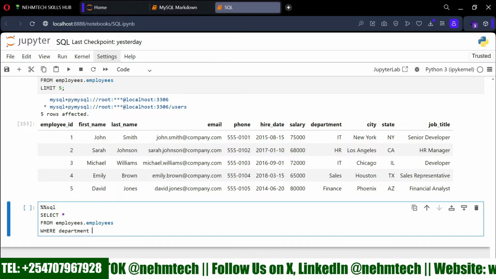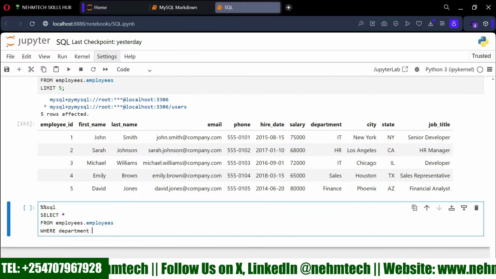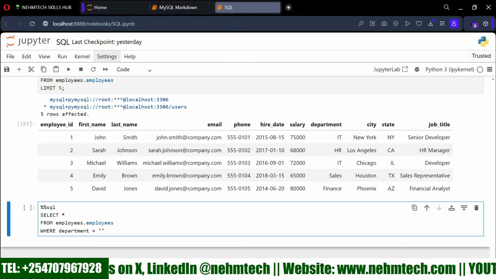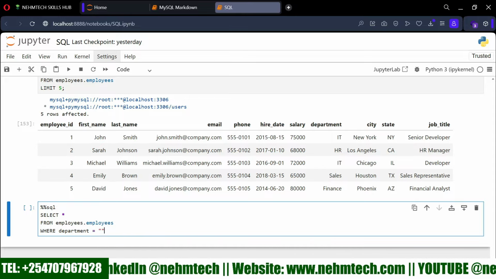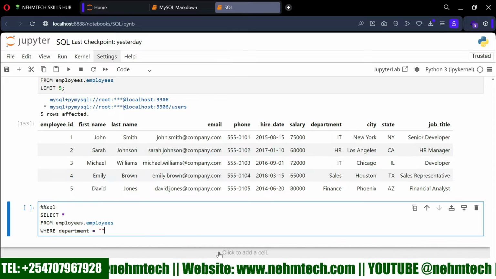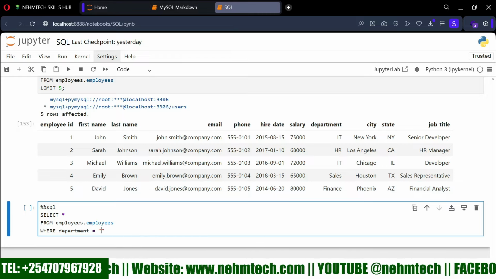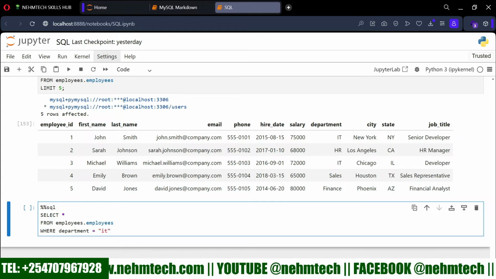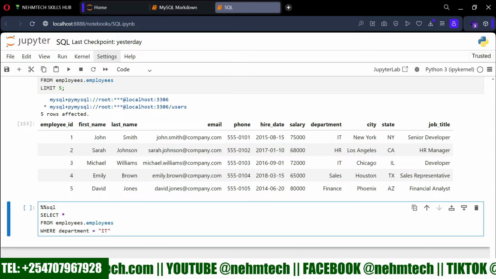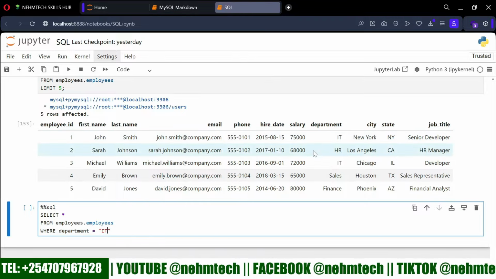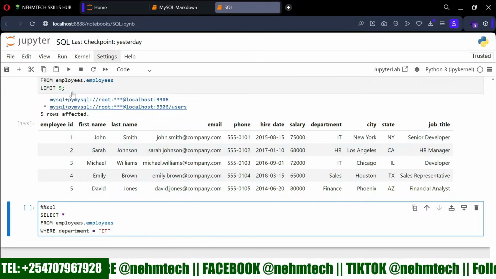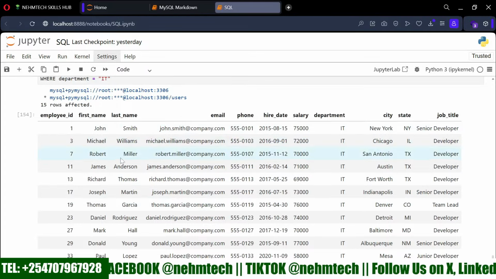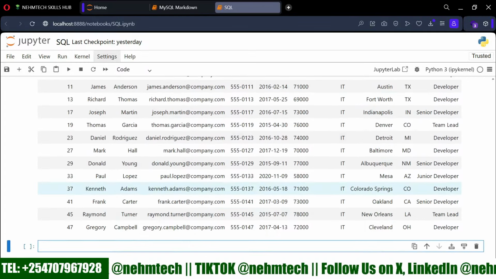then, if you want to check specifically, you'll use the equal operator, which checks if the department matches the one you are providing. For example, let's say the department is IT. So in this case, it's going to check if the department is IT. If it's IT, then it's going to be returned. So when you run it here, you can see it has filtered the employees who belong to this department, and they're